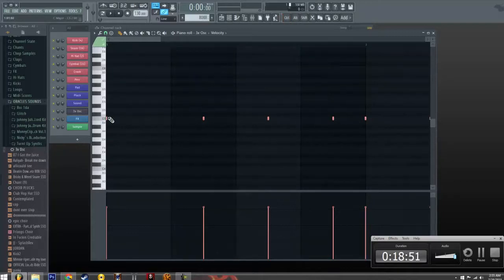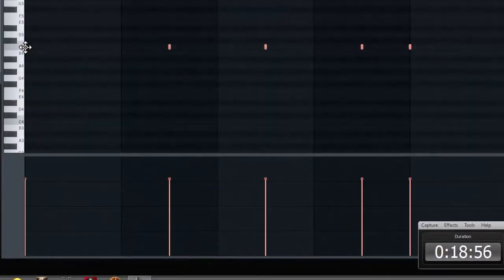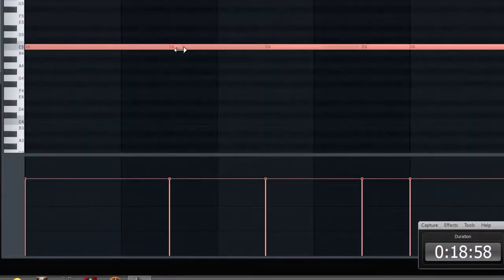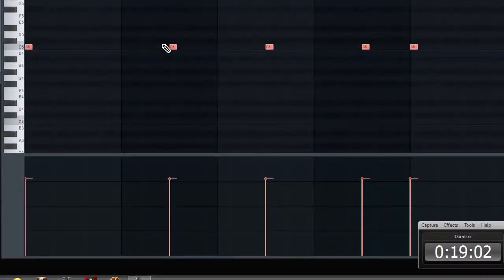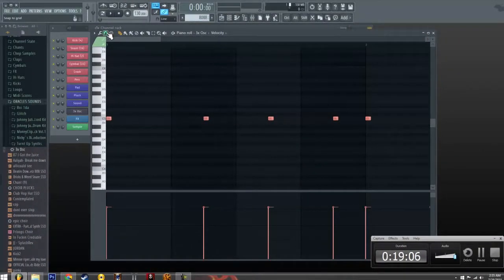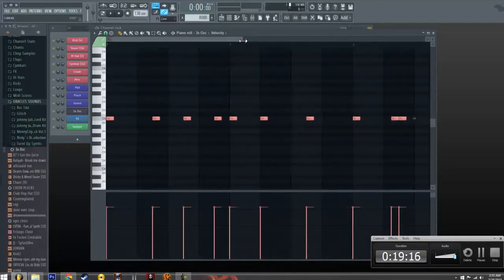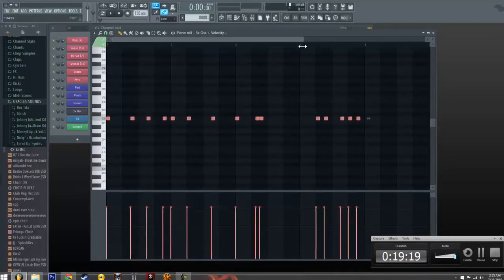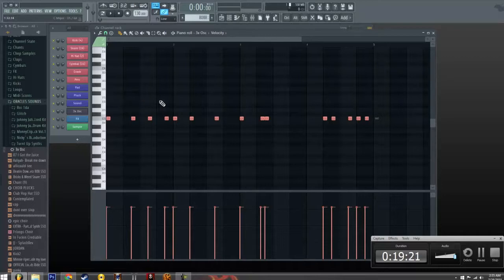Okay, so right now my notes are very small. Say they were all different sizes or whatever, you could always take them, have them all selected and press Shift D, and that will make them all a relevant size to whatever you have clicked here. I'm going to go ahead and move to a step and press Shift D. Now all of my notes are 1 step long. So now I have my notes 1 step,